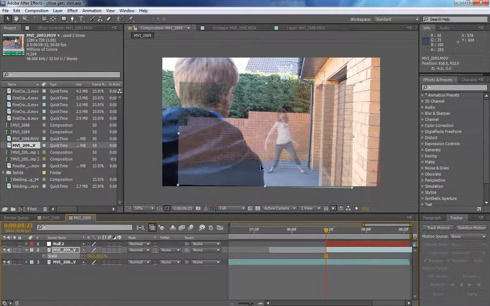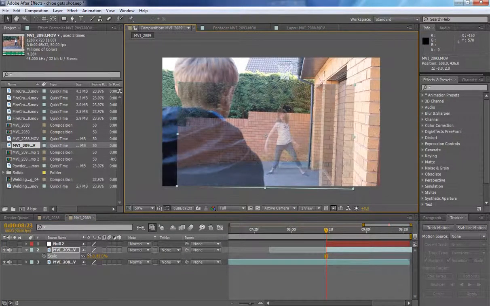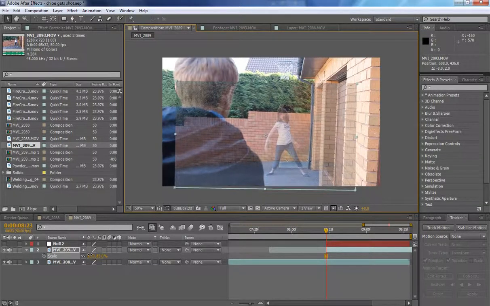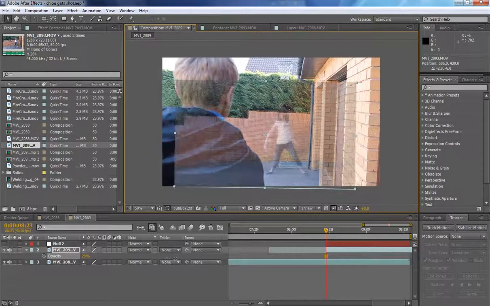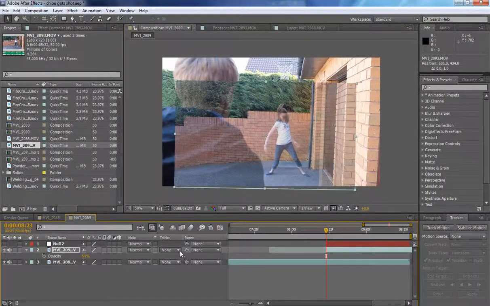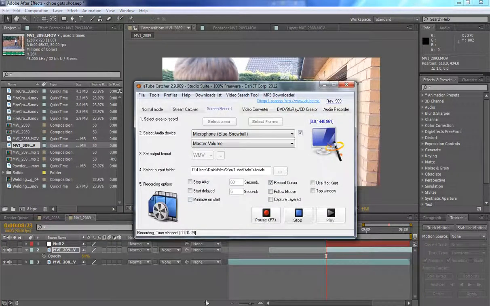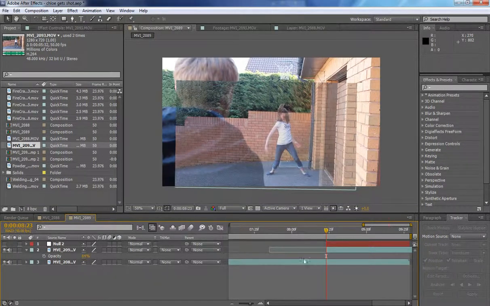I just tried to get the right kind of look, and I think that looks pretty much okay. So now if I click T, bring the opacity back up again, that's almost there. It's a bit high, so bring it down. So once you've matched it up,